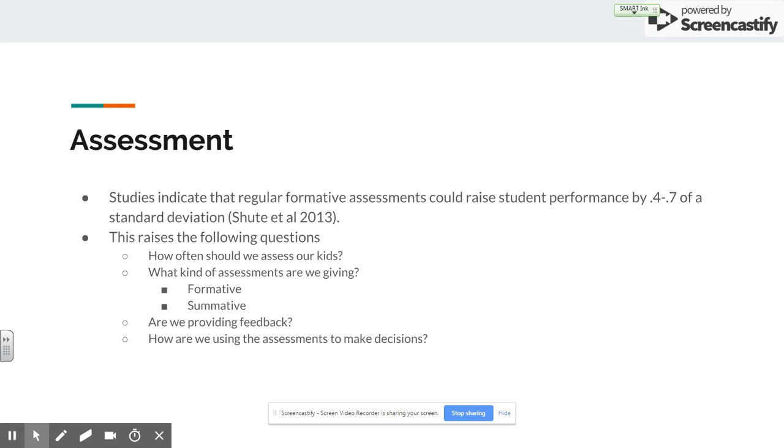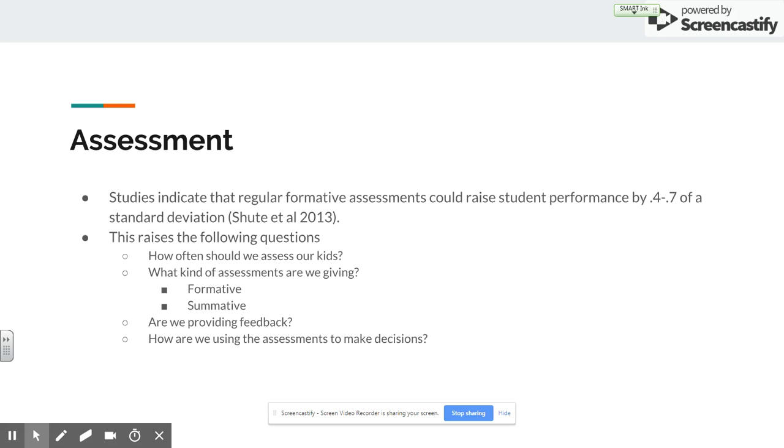All right. The aforementioned study by Shute et al. does not mention the reason why student performance goes up, but I personally believe that the reason why student performance goes up whenever they're given formative assessments more frequently is because they're given more frequent feedback. Teachers are given more frequent feedback. We are able to adjust our strategies the more current our data becomes. Right? We're more able to identify our students' strengths and weaknesses the more that we assess them, the more that we ask them questions, the more that we find out what they know. So the more current our data, again, the better our decisions.